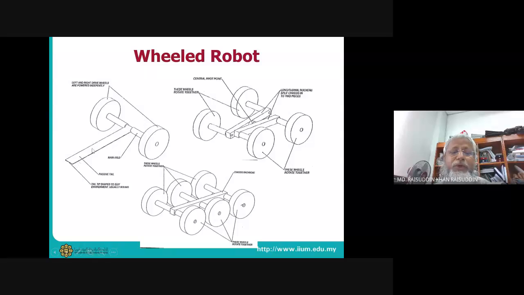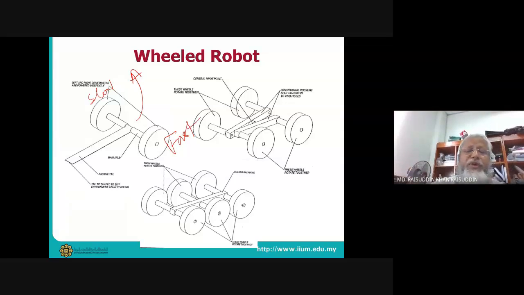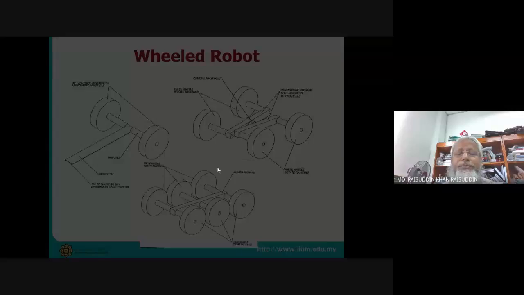This is on the floor, and if you run these two motors in the same direction with the same speed, it will move in that direction. If one is slower, then it will turn. If we make this wheel slow and this wheel faster, then the robot will move in the slower wheel's direction. But if you reverse the motion, then it will just rotate on the same spot. So this is the advantage of this two-motor drive without separate steering. It can steer and it can move.